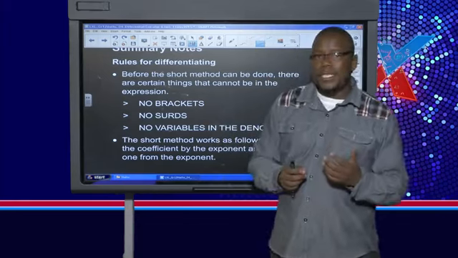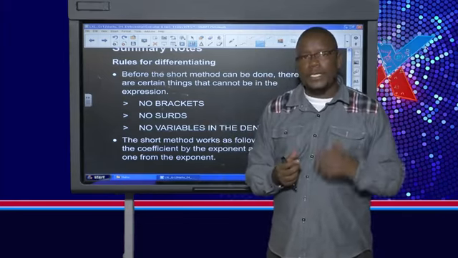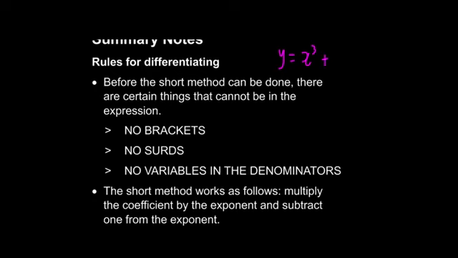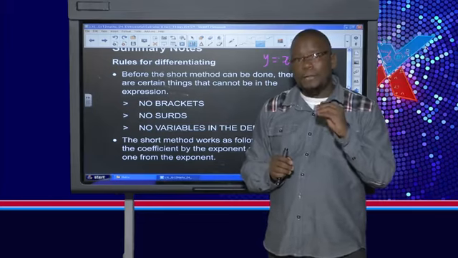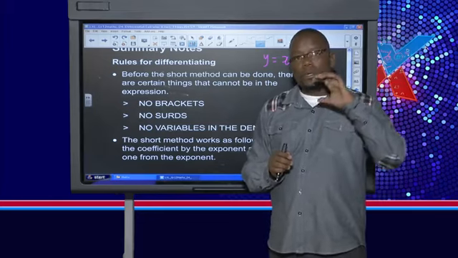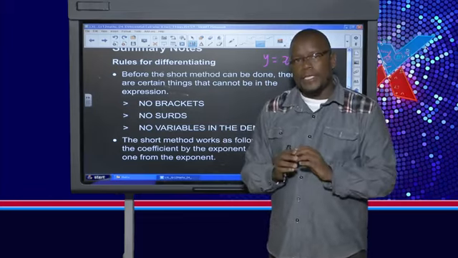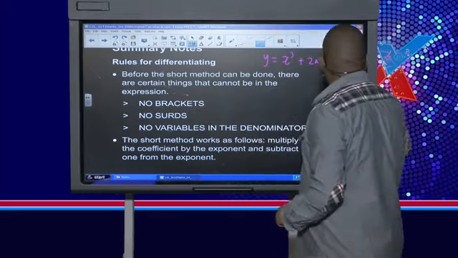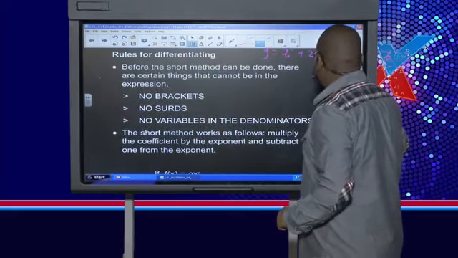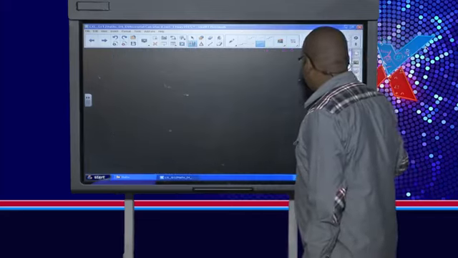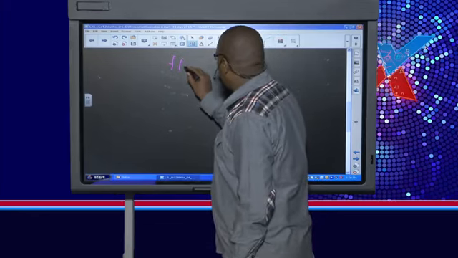So now, for instance, they can ask you to find dy dx. If you are given, say, x cubed plus 2x plus 5, now you'll be asked to find the derivative with respect to x. Now, if they're asking you to find dy dx, your y has to be the subject of the formula, and you must have your x. Now, the rule here, when they're talking about finding the derivative using your rules, for instance, if you are given f of x, right,